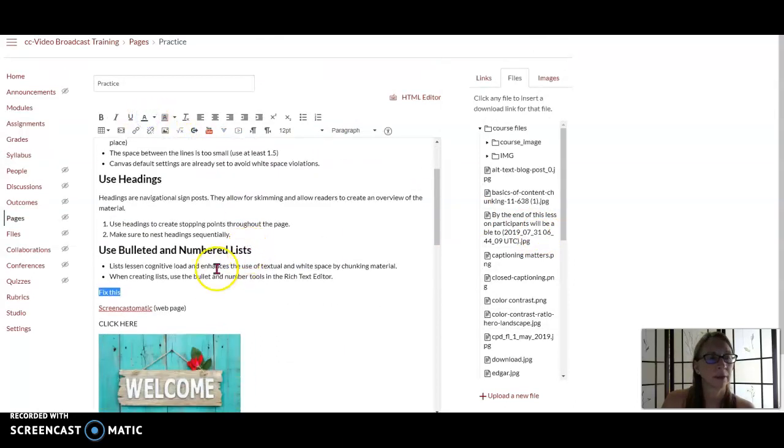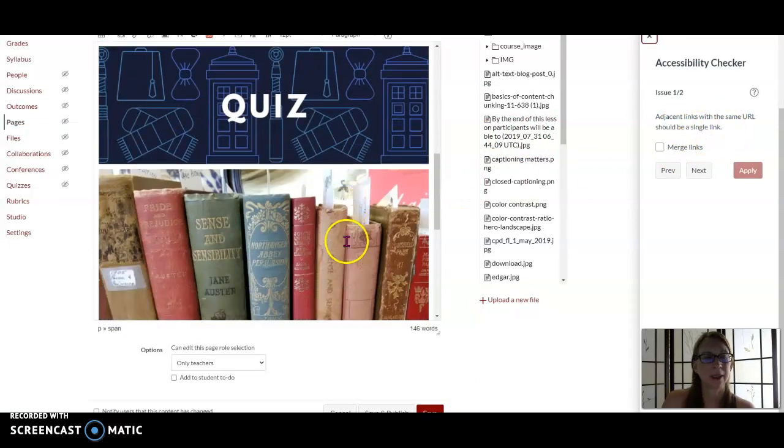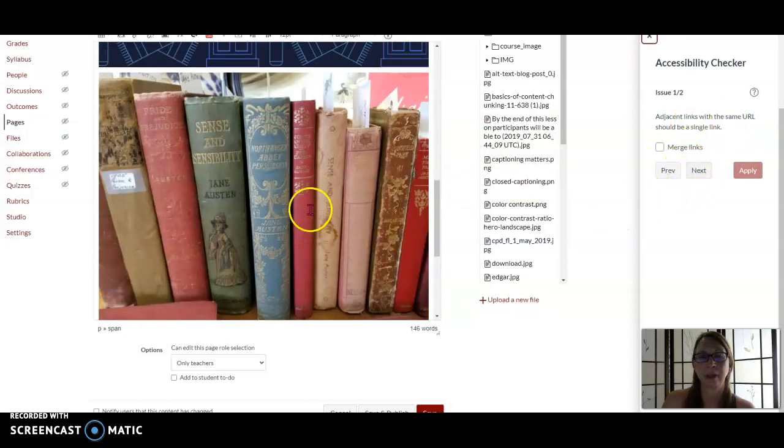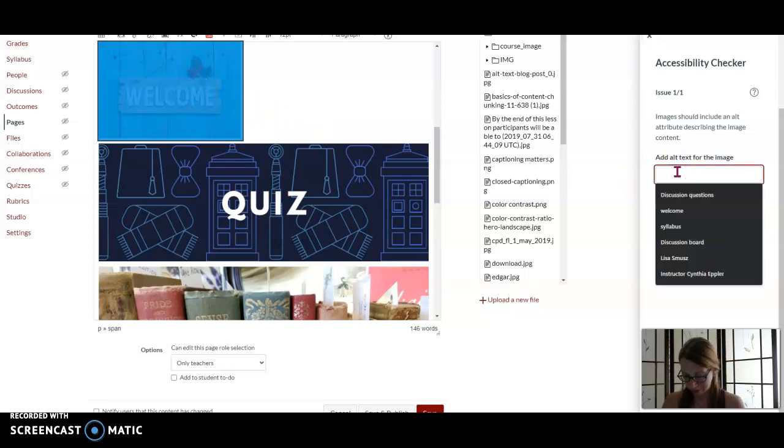Here we go. Okay, let's see what it comes up with now. Adjacent links with the same URL should be a single link. So somewhere in here, it's telling me to merge the links and apply. And then I've missed alt text for this image here, it's saying. So I'm going to add it